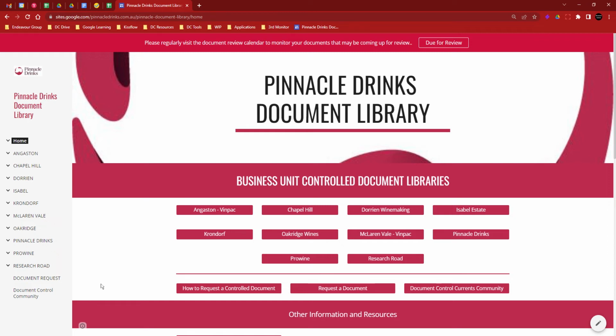But on the home page, there's a couple of options. You go onto the side bar and there's a document request. It'll take you straight there. Or in the center of the top of the home page, there's another one, request a document. Now, there is a little bit of information there on how to request a document, but when you're ready, go straight to clicking on request a document. This will open up the page,